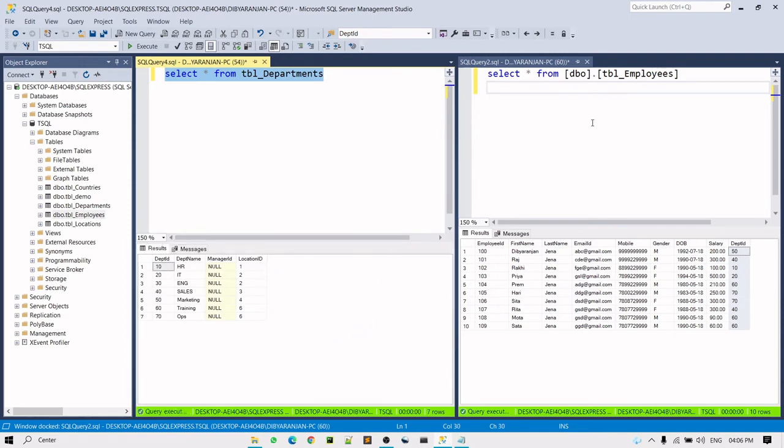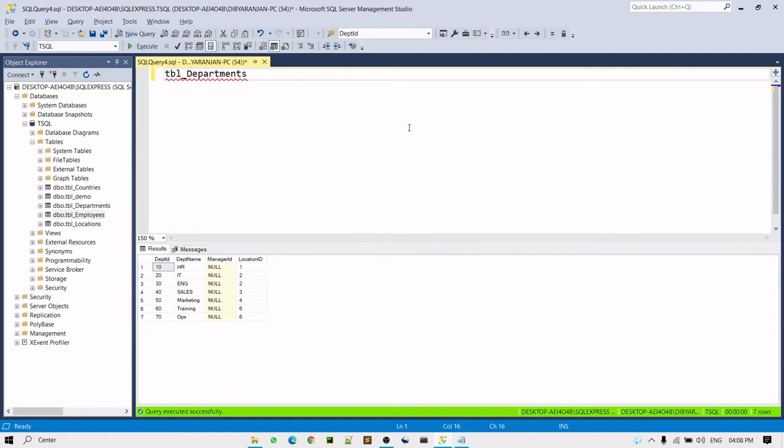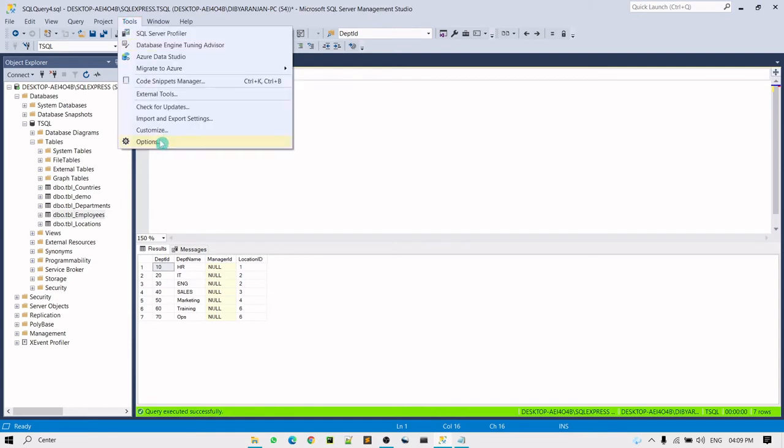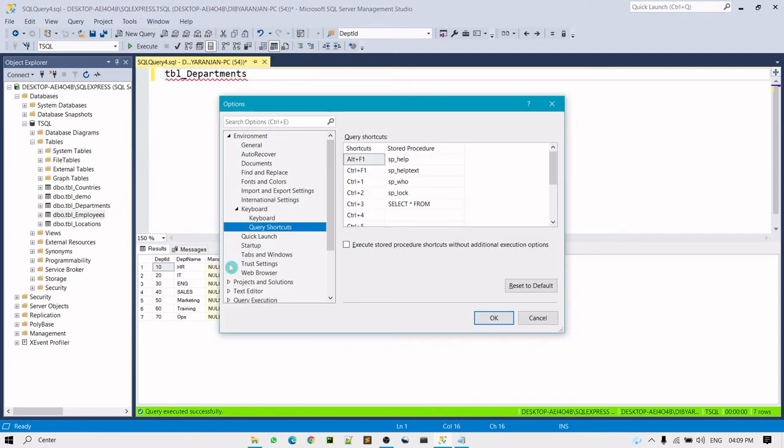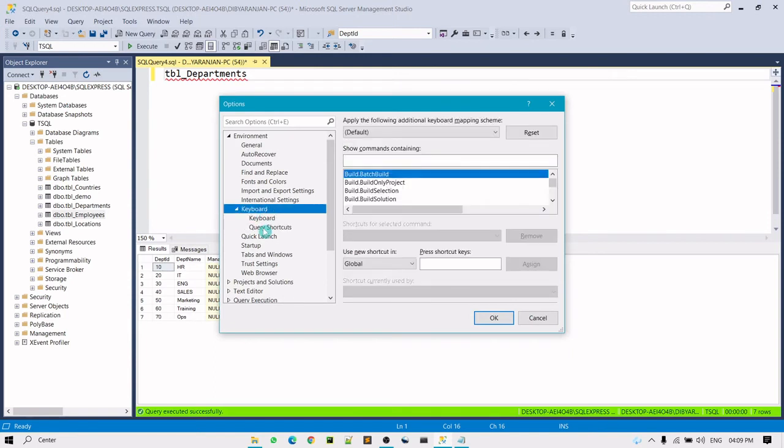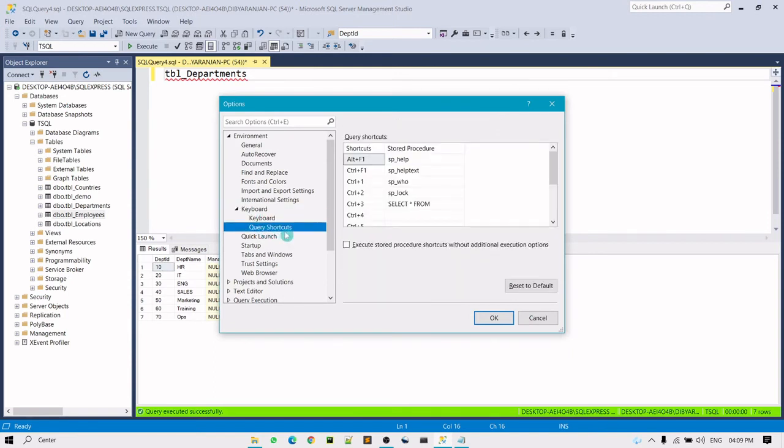Okay, so guys, the next utility we are going to see here is how to create a custom shortcut key. For that you go to this tools option here and click on options. Under the keyboard section you can see the query shortcut. I already have one shortcut key created, that is select star from.